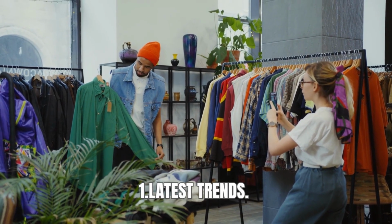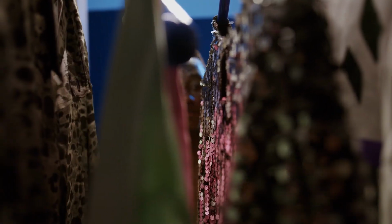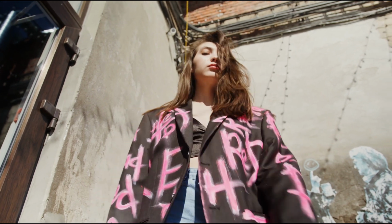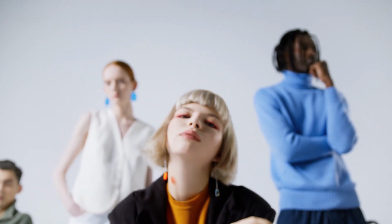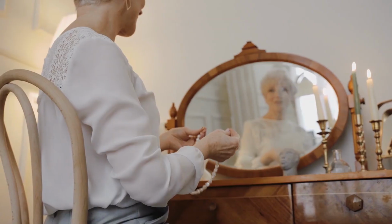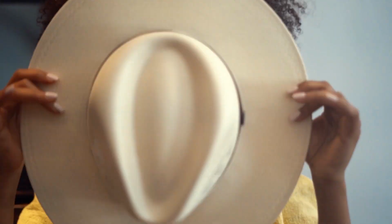Number 1. Latest trends. We all know how tempting it can be to jump on the latest fashion trends that flood our social media feeds and store displays. From funky prints to quirky accessories, there's always something new and exciting to try. However, it's crucial to remember that some of these clothing items are simply part of passing fads, and they might not align with our true personal style. While it's fun to experiment and stay up to date with the fashion world, it's essential to be mindful of